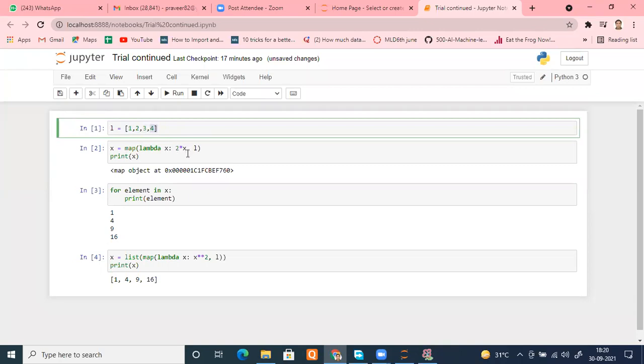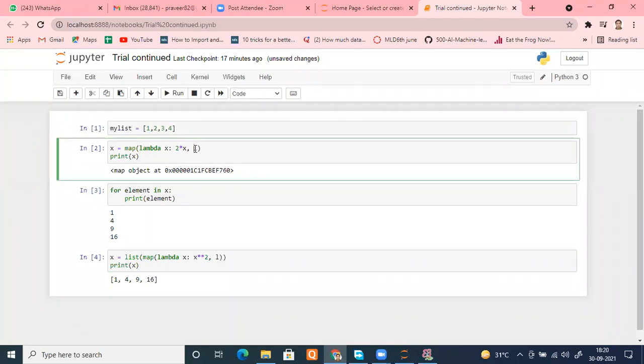Now tell me, is it clear? If not clear, I will explain again. No issue. Yes, sir. I mistook L as 1, so I got confused. Okay, fine. The name has been given as L. Let me change the name so that you can understand. Let me type the name LST. LST again will get confused. Let me give some other name. Let's say my list. Is it fine? This is my list. Here also I replace it with my list so that no confusion is there.